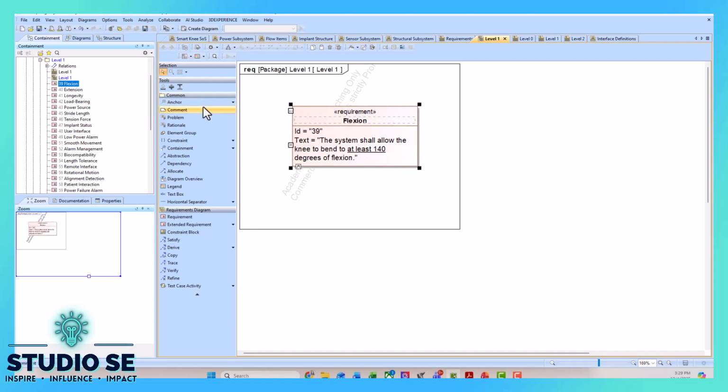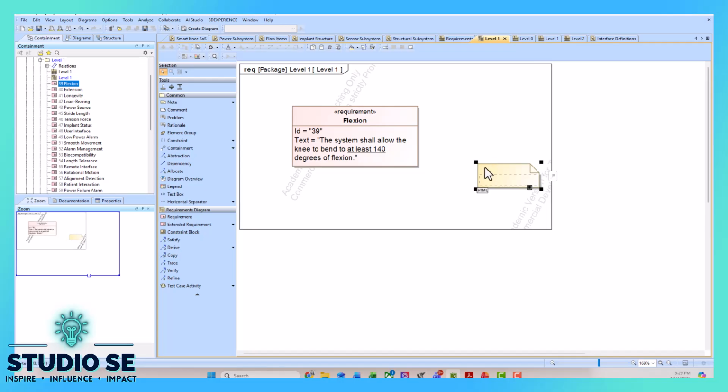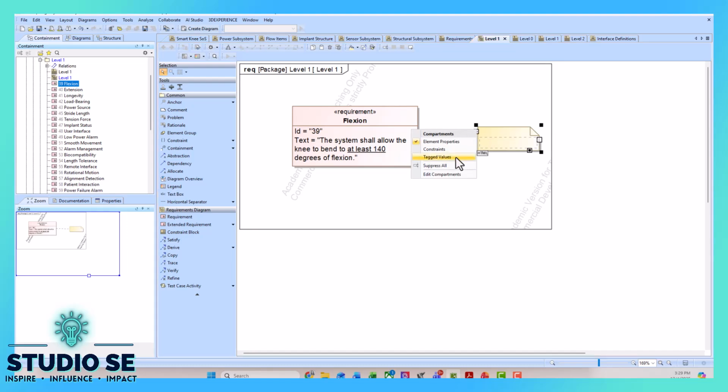So one way, and I love this / don't love this because it's on the OCSMP exam, or you have to know it for the OCSMP exam, is to do callout notation. And callout notation is actually done through a note. So if you see in the diagram palette, I added a note here. And then you can anchor the note to the requirement itself or whatever element it is. And then you can go ahead and choose to display various compartments for this note. And since we're anchoring it to the requirement, it's actually going to be able to find different attributes from this requirement